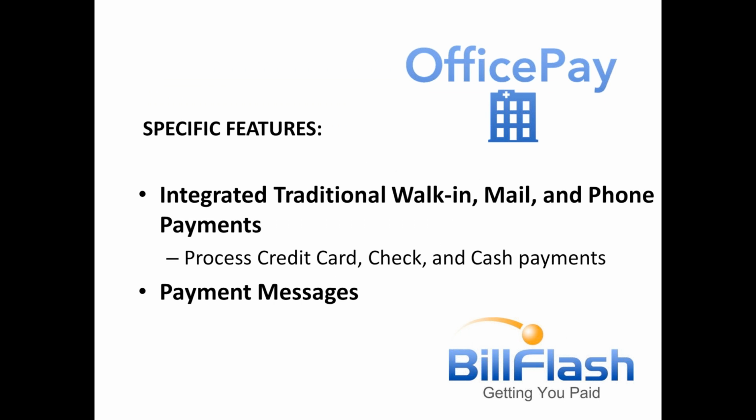We also have a place that allows you to add messaging, either internally for your internal staff related to a payment, or there's a spot to put a message that allows the patient to see that message should they go online to see those payments at the site. It's called